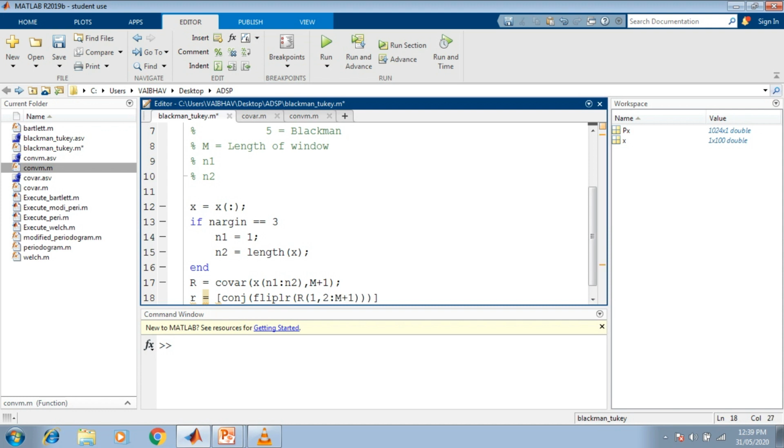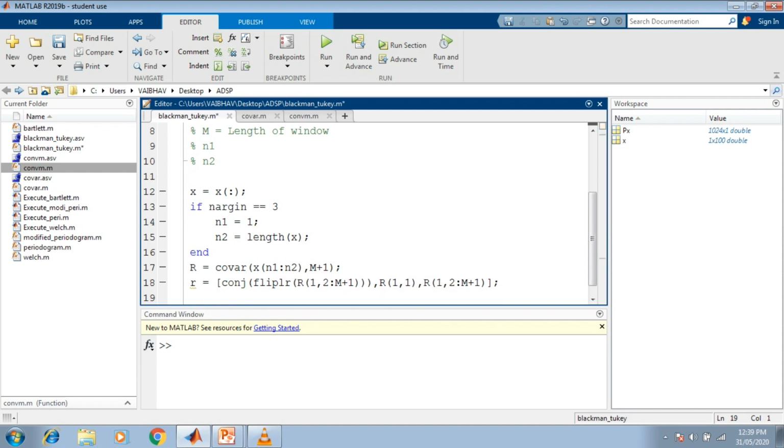Capital M is the length of the window that we have already discussed while developing this function. Next we have comma capital R within the bracket 1 comma 1, again comma capital R in the bracket 1 comma 2 colon capital M plus 1. We end this with a semicolon.